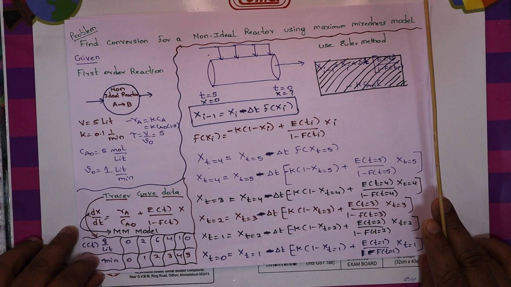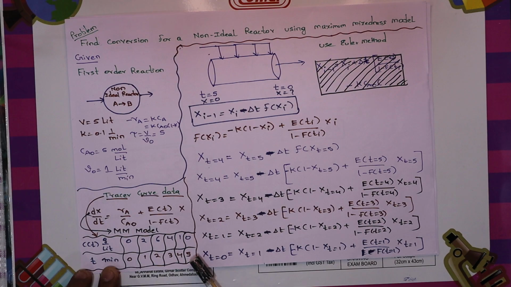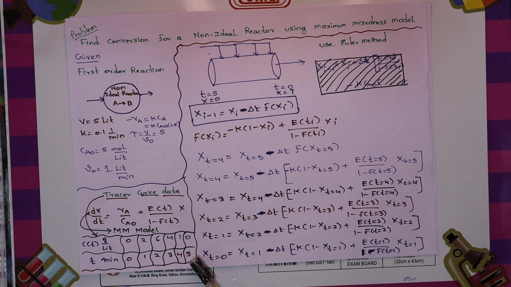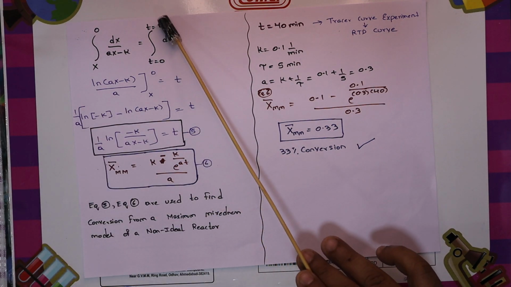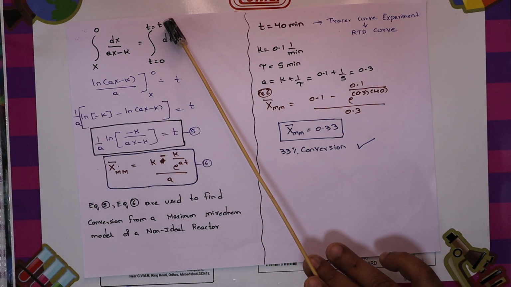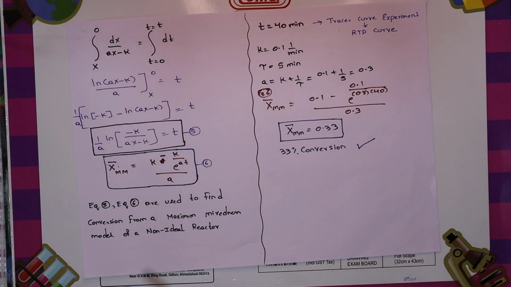From the tracer curve data, the maximum amount of time spent by the tracer molecules in the reactor is 5. That means the time you have to supply for t equal to t is 5; you have to evaluate the integral up to t equal to 5 minutes. So finally